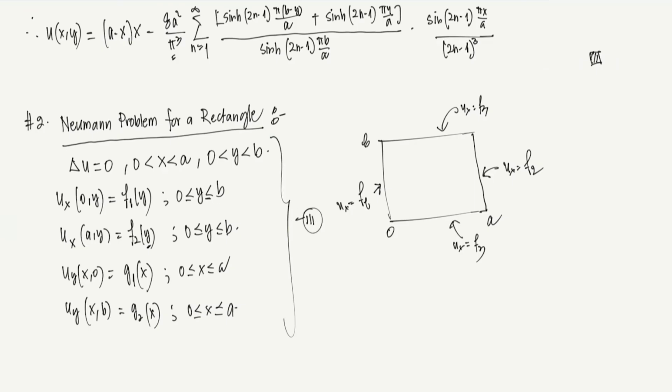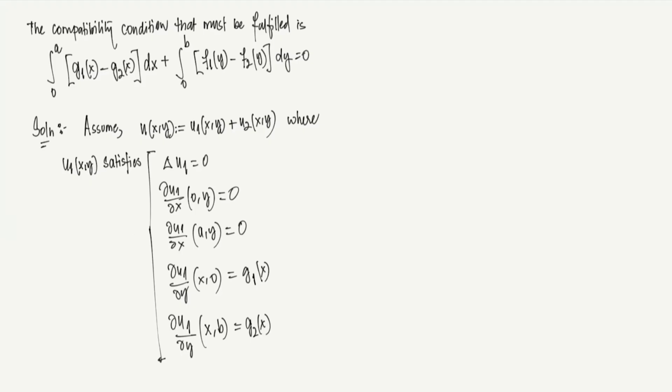Let's just call it 3. Clear? That's the idea. We're just breaking up the boundary in such a way. Okay. And what does u2 do? u2 satisfies u2 of xy, actually it satisfies